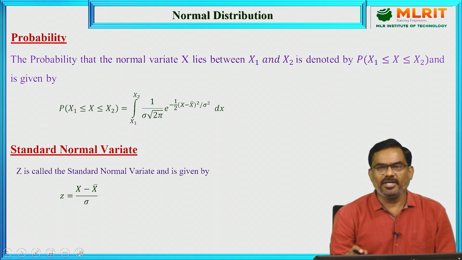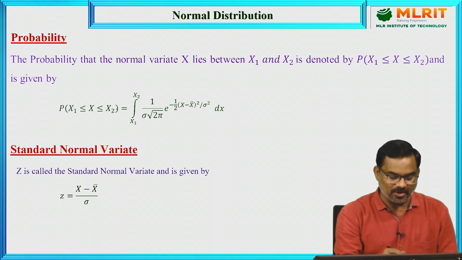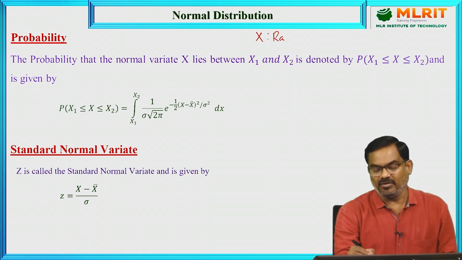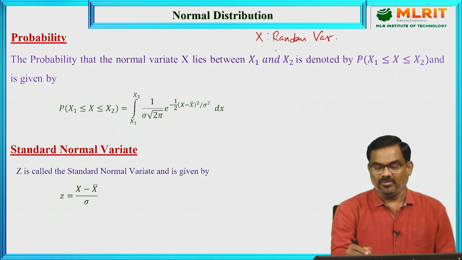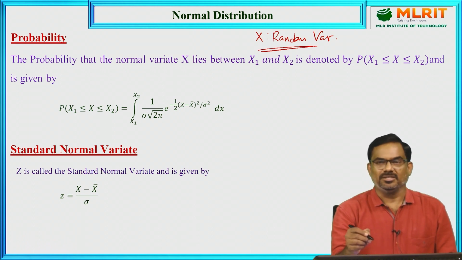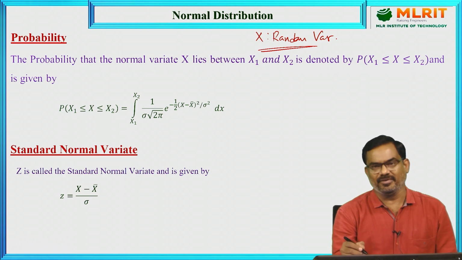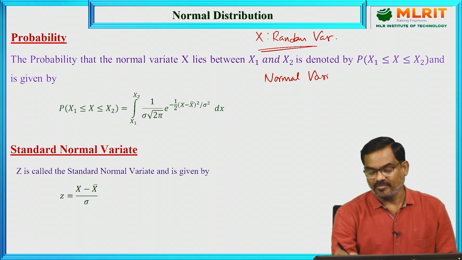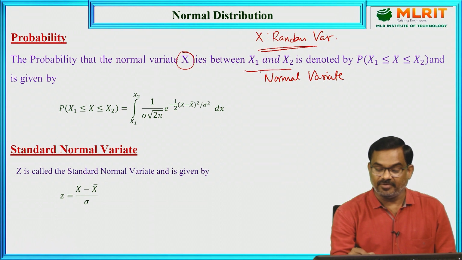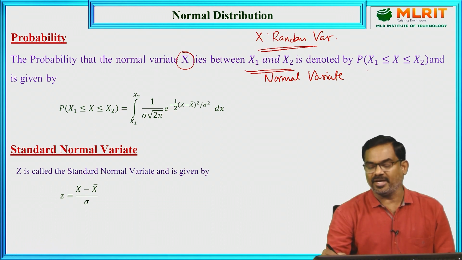Now, the probability in normal distribution can be calculated using this formula. For example, this x is the random variable. In general, we denote random variables by capital letters. If this capital X follows normal distribution, it is called a normal random variable or normal variate. To find the probability that this normal variate lies between two values, that is, probability of x1 less than or equal to x less than or equal to x2,